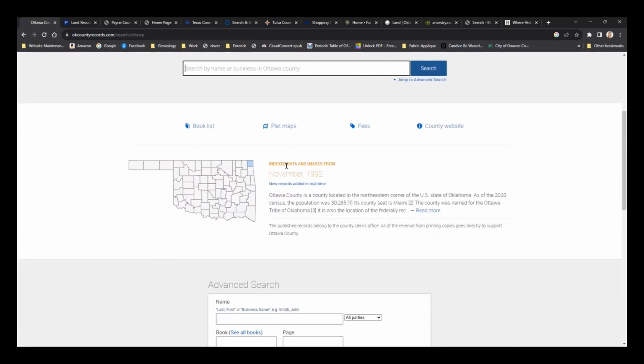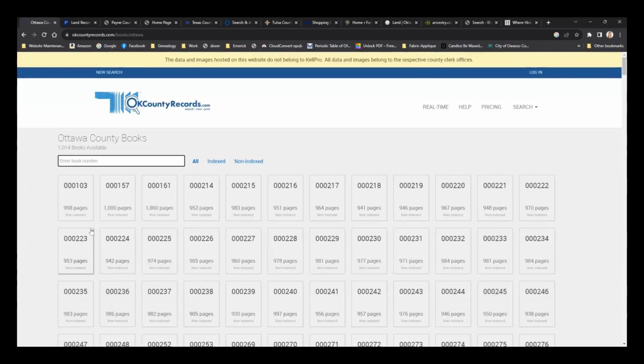And you can see index data and images from November 1992. So check that information before you just search, because if your transaction was in 1960, it's not going to help you to search this. There's also this book list, and it shows you that the books are here, and sometimes it's helpful to look at these that way.